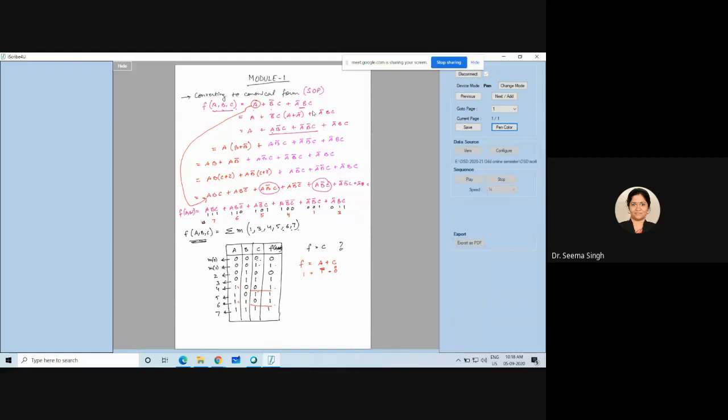Now it is not a hit and trial system. I am just trying to invoke certain things. Now one of you had simplified